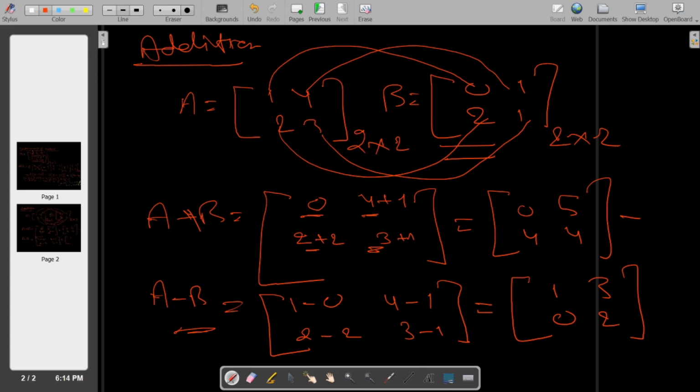So I have explained what the additive inverse is, what the multiplicative identity is, how to calculate a determinant, how to calculate the matrix product, the vector product, addition and subtraction. Why am I explaining this? Because this basic concept is required to understand machine learning algorithms. In upcoming videos all these concepts will be applied. If anybody is already familiar with these concepts, no need to go through this video; they can watch the upcoming videos directly.